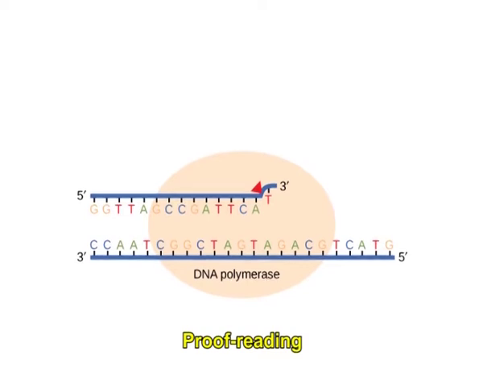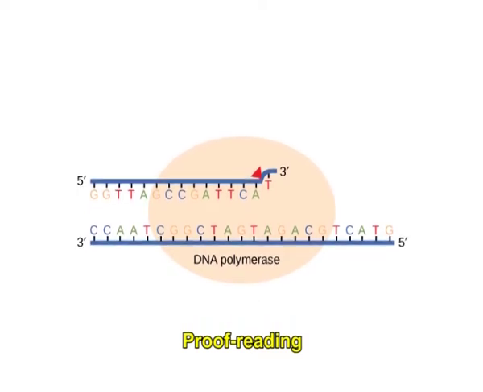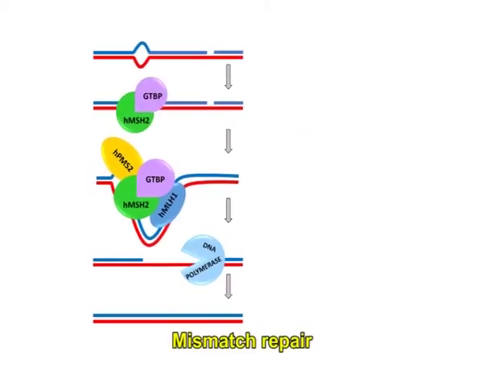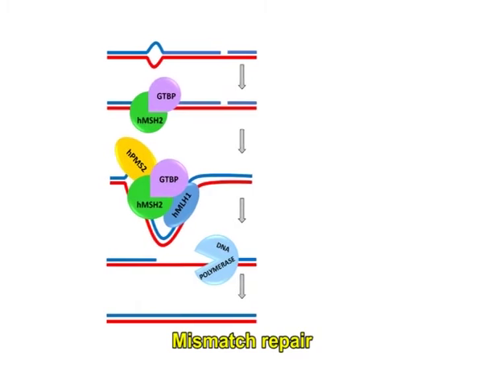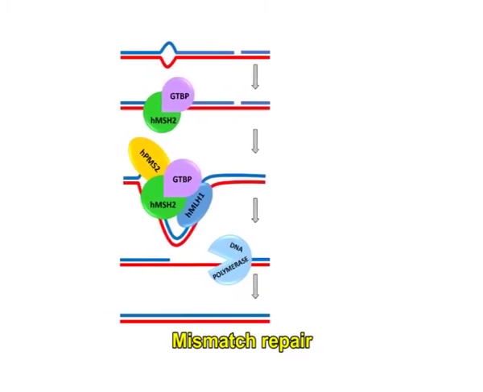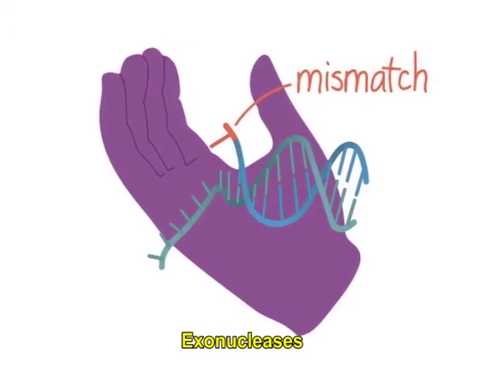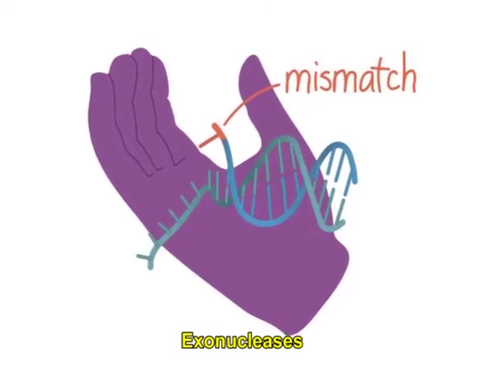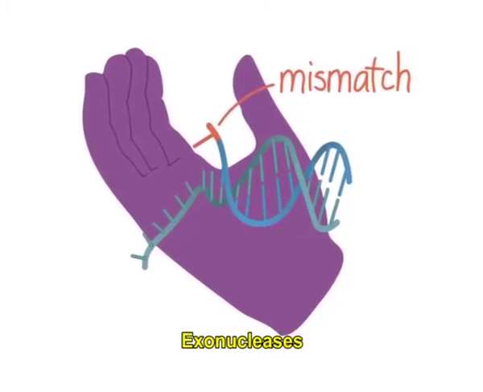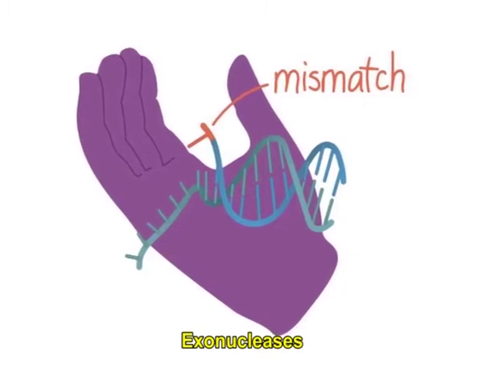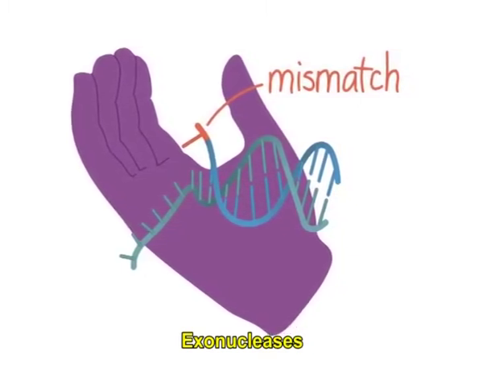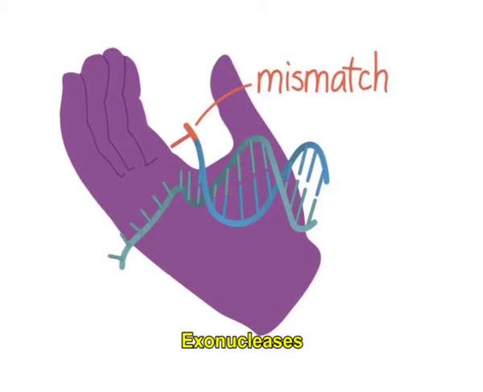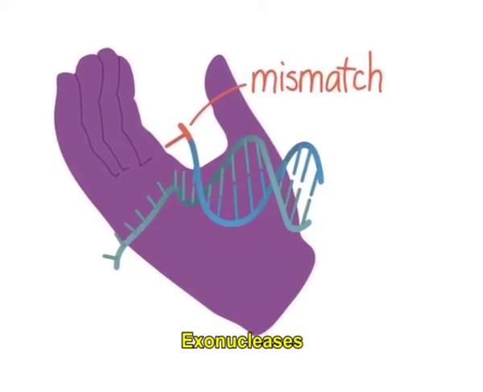Proofreading is the process of removing incorrectly matched bases from the newly formed daughter strand. Mismatch repair is a different process and it takes place later if proofreading fails. Exonucleases, that is Exo 1 and Exo 7, are involved in the mismatch repair system. The DNA nuclease related to replication is the 3' exonuclease. The enzyme is not a separate enzyme, but it is a part of the DNA polymerase enzyme. Proofreading only deletes the recent errors in DNA replication.